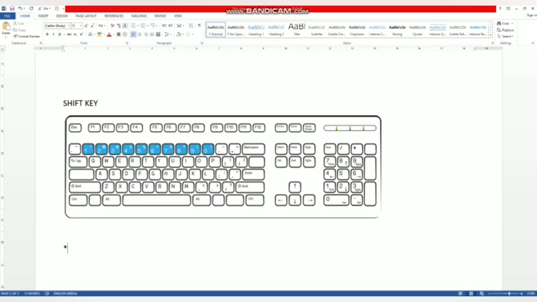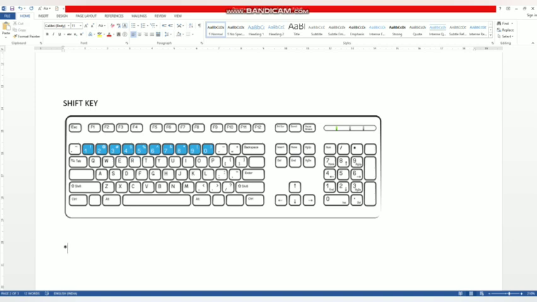The shift key also helps you to type alphabets in uppercase or lowercase. For example, when the caps lock key is off, press the shift key with the alphabet key P to type P in capital. And when the caps lock key is on, press the shift key with the alphabet key P to type a small p.